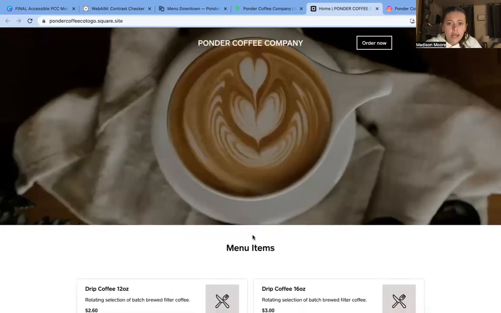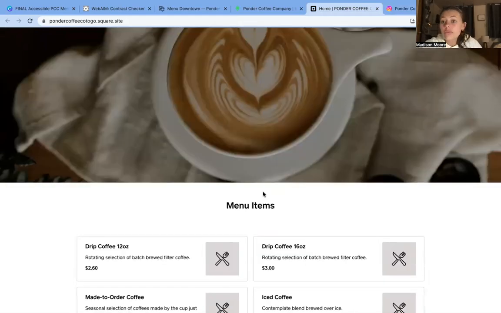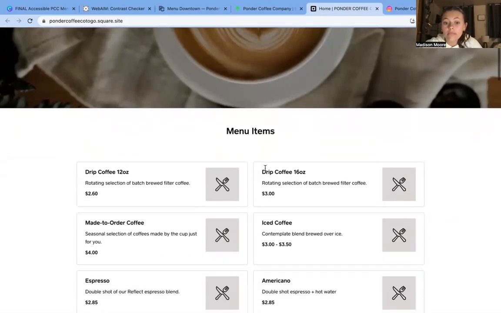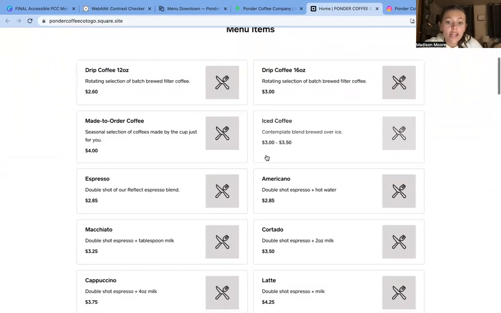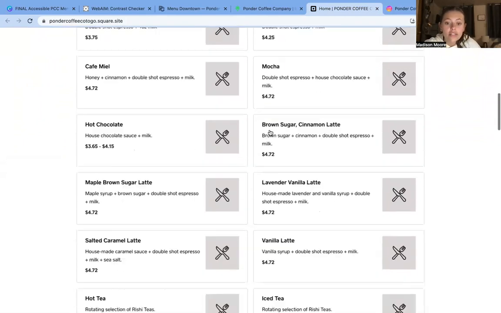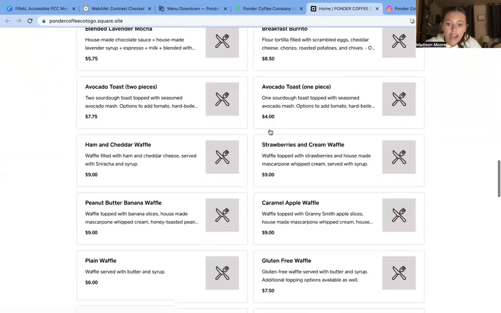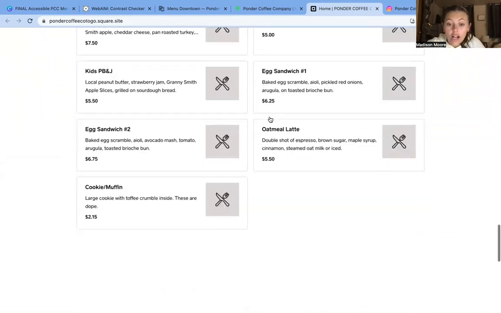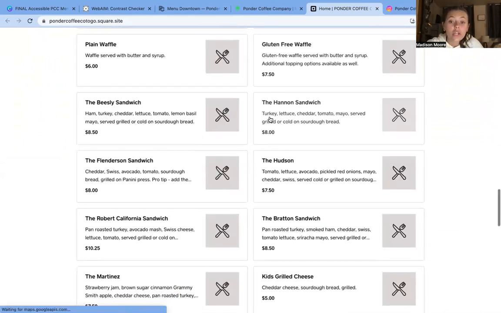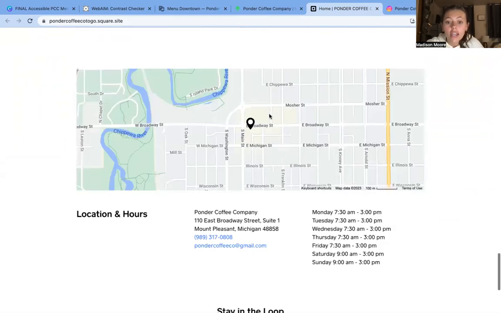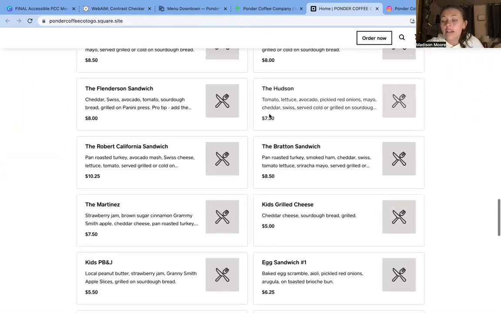This is Ponder's website. So this is what it looks like, just as is, kind of what they have. They do list all of their items with the description, but as you can see, there's no photos. And this is a lot of text on one screen, which through the research I had done